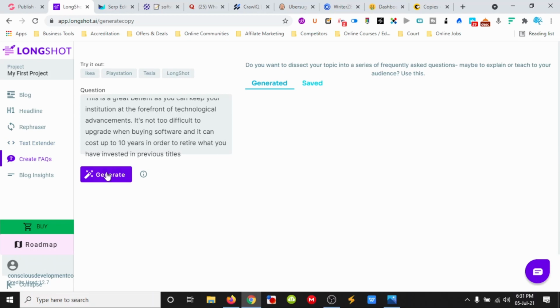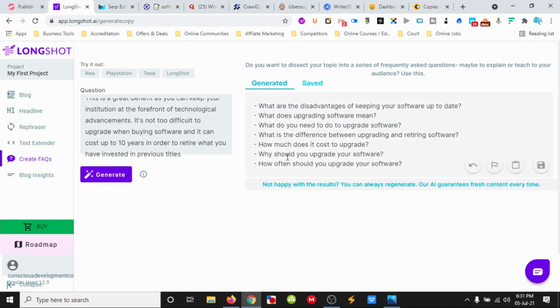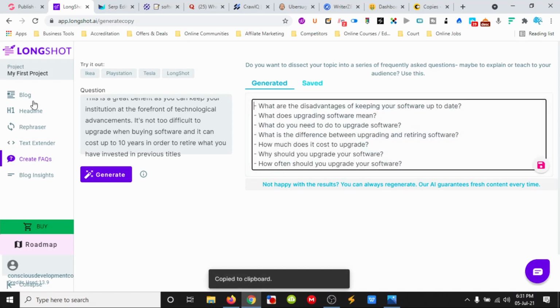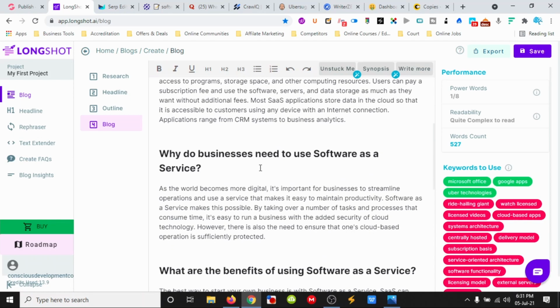And generate frequently asked questions. Let's see what it can do. And cool, then list some questions. So down at the bottom of your article, if we wanted to do frequently asked questions, we could copy that to clipboard. We can go back up to our blog,